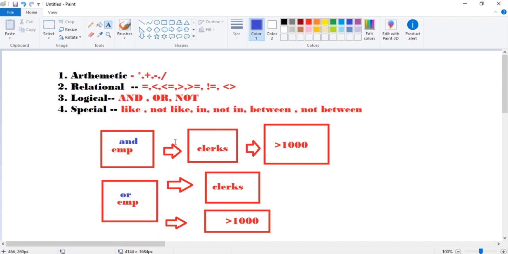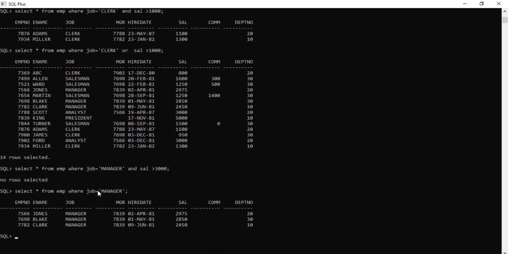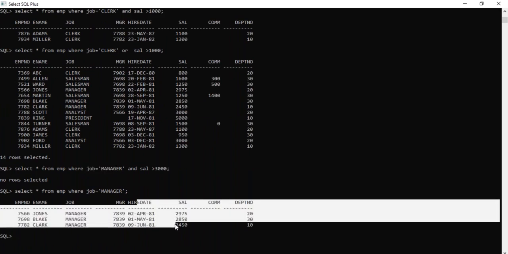And salary greater than 3000. Now see, no row selected. Now if you take OR in place of AND, see here, an extra record came. These three records are from the first condition, and for salary greater than 3000, out of this whole table we have only one record, that is president, 5000. That means salary greater than 5000. If we had more records it would display more, but we have only one, right? So it is from the second condition.